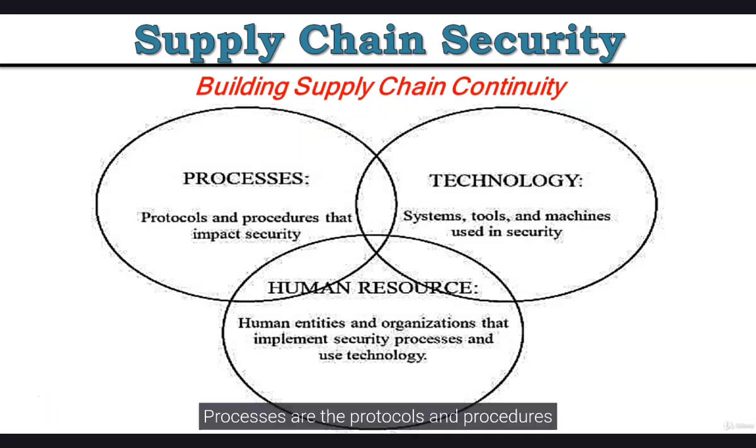Processes are the protocols and procedures followed by the organization and its supply chain partners. The fundamental aspect of building continuity into the future rests on well-constructed processes, which ensure integrity throughout the supply chain by providing monitoring, prevention, and responsiveness. It requires policies for everything, from supplier quality checks to inventory management to forecasting disruptions.